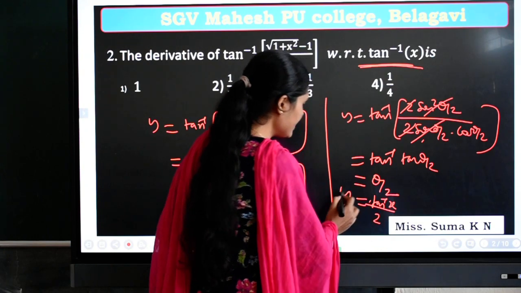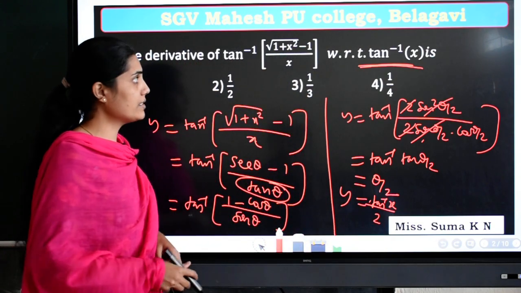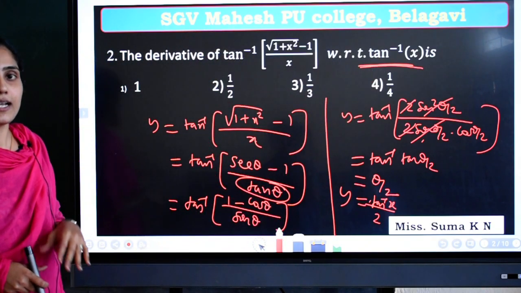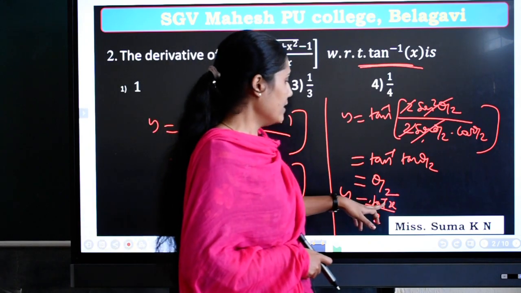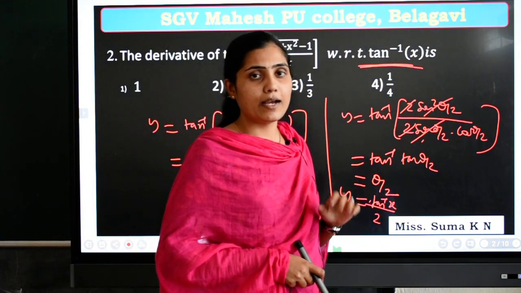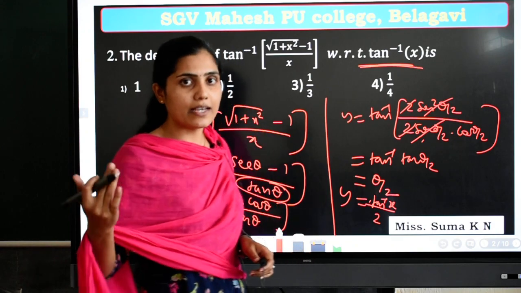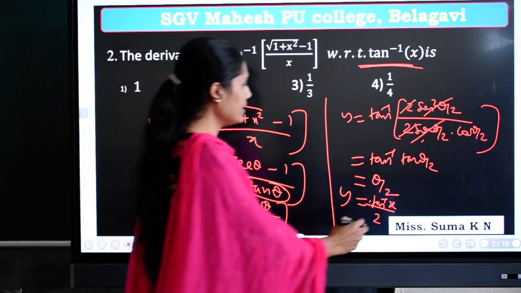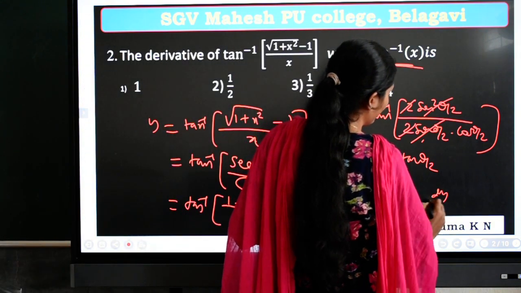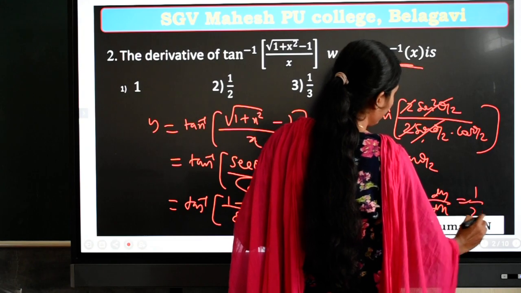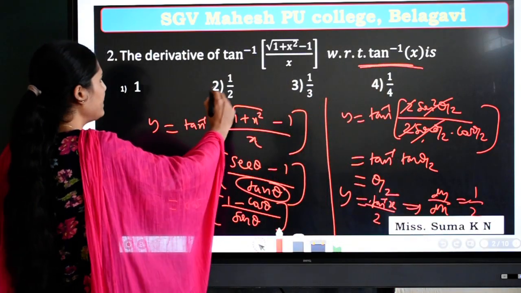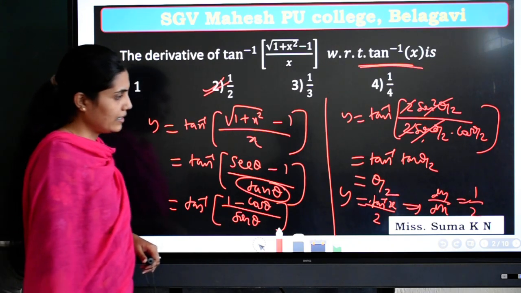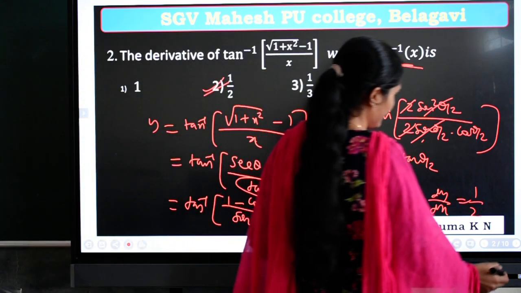They are asking, we got y is equal to this, but differentiation dy by dx with respect to tan inverse x. With respect to tan inverse x means the differentiation of tan inverse x is 1. Why? Because while differentiating with respect to itself, the differentiation of x we write as 1. Like that, here dy by dx is equal to 1 by 2. Which option is right? Option B, that is option 2, is the right answer, that is 1 by 2. Is it clear? Okay, we will go to the next question.